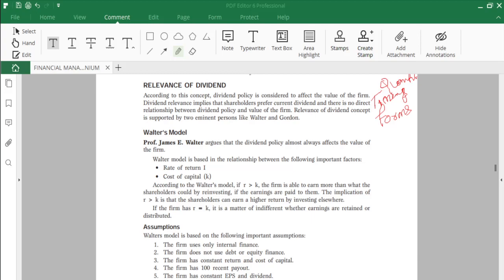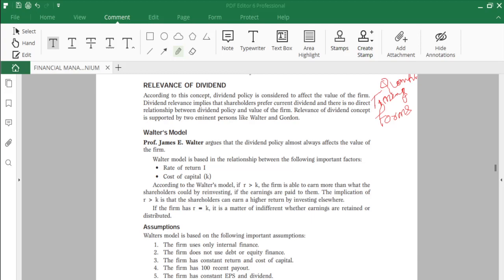So that is why we say it is the toughest decision that a financial manager has to take. In my previous classes, I have also covered paying in high quantity and low quantity, and paying as a growing firm and a mature firm. All these concepts are covered in my previous classes. Today we are going to cover whether the dividend that you declare really satisfies the shareholders, and whether it has an impact on the firm, or you are just declaring the dividend.